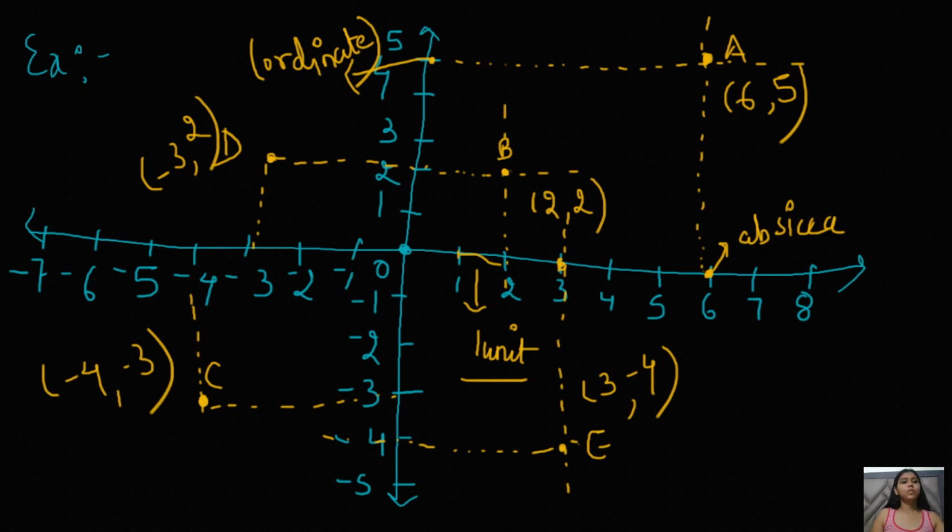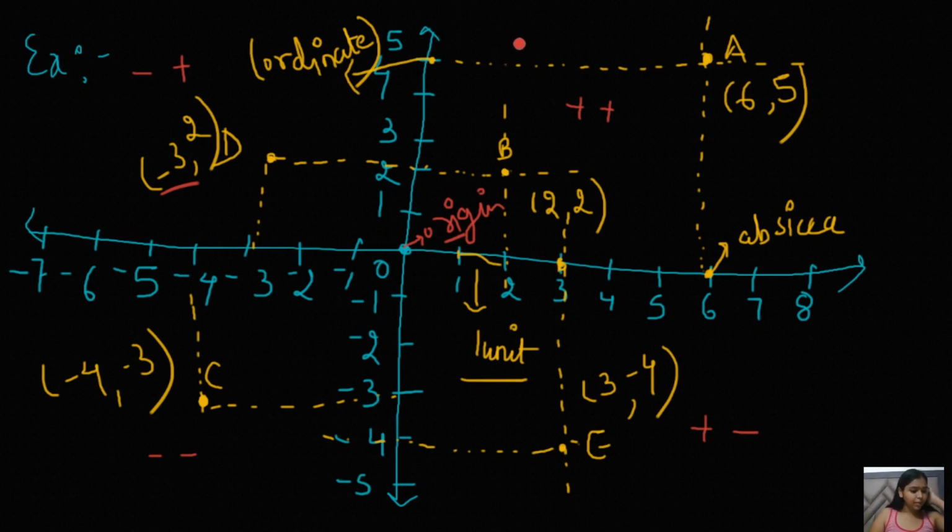Now people, I don't know whether you realized or not, but you can see the signs here which I explained in my earlier slides. In the first quadrant we always receive positive, and that's what we receive in both of the solutions, right? In the second quadrant I told you that we receive negative and positive, and we receive that solution only. In the third quadrant I told you we will receive negative, so we receive both negative, and in the fourth quadrant I told you positive negative. So this is what we get and what I have told you. Like this you can easily confirm that what you are doing is correct or not.